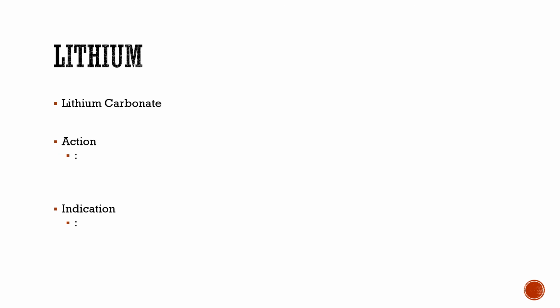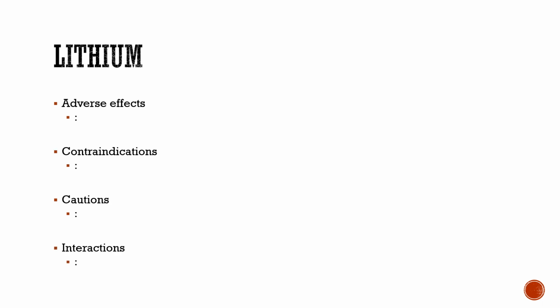Lithium, common medicine for bipolar. We talked about antipsychotics, and the typical and atypical are sometimes used. Lithium is also very common for bipolar disorder. This inhibits the release of norepinephrine and dopamine, but we don't 100% understand why it's working. It's not something that they completely understand, but they do know it seems to work. Indication, again, bipolar disorder.